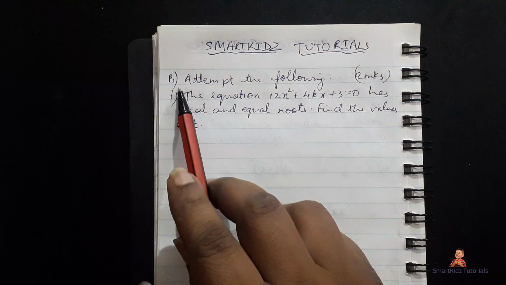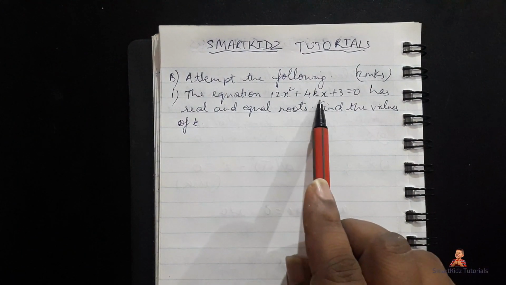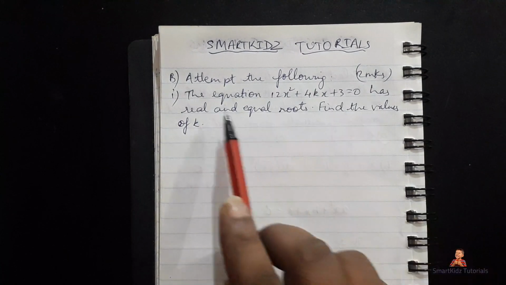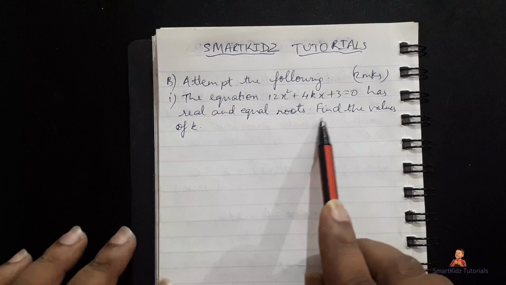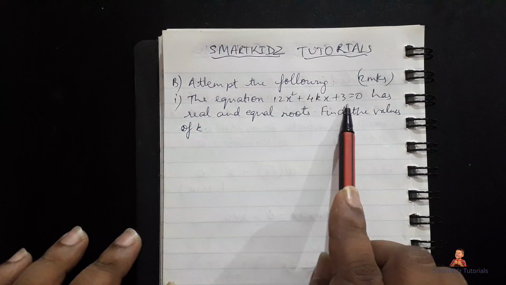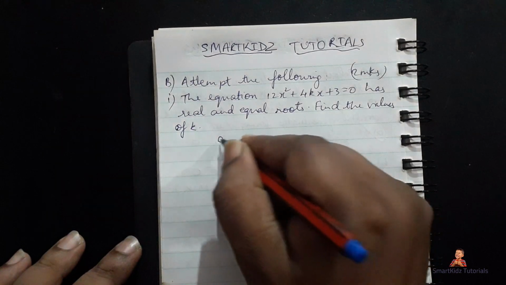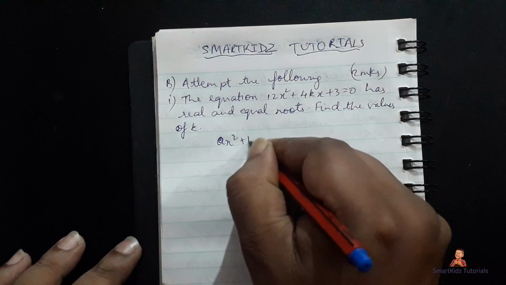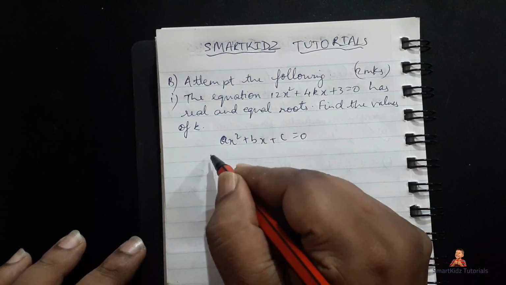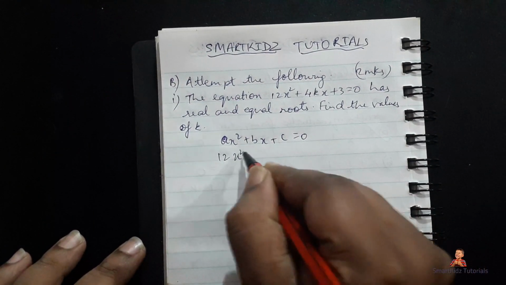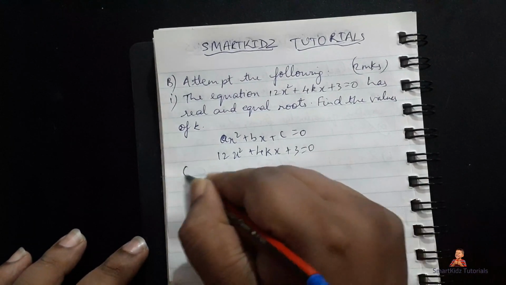Question 4b says, attempt the following, 2 marks. The equation 12x square minus 4kx plus 3 equal to 0 has real and equal roots. Find the values of k. So to find the values of k, if we compare this to the general quadratic equation, that is ax square plus bx plus c equal to 0, and this is 12x square minus 4kx plus 3 equal to 0. So comparing